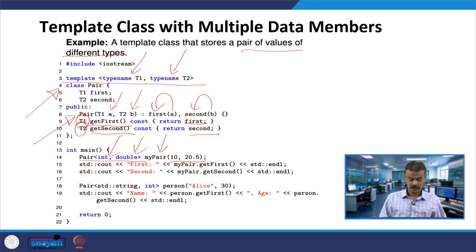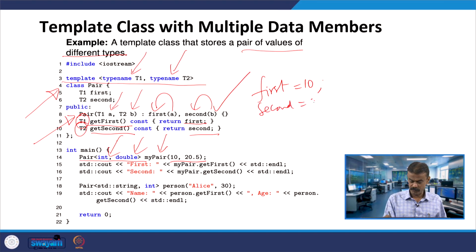Therefore it will call the parameterized constructor. A is assigned to first, that means first is equal to 10, and second will be equal to 20.5.